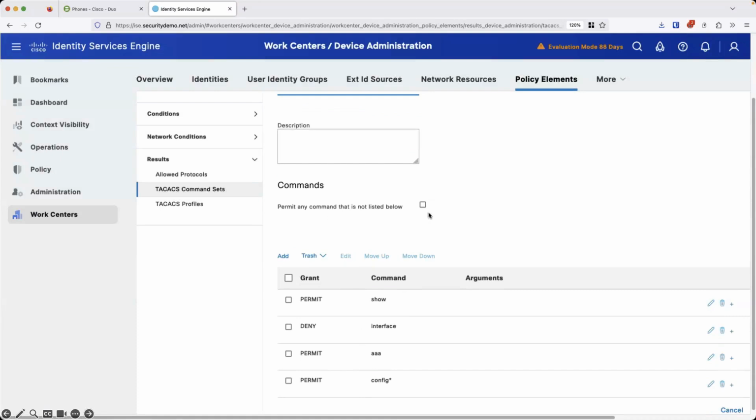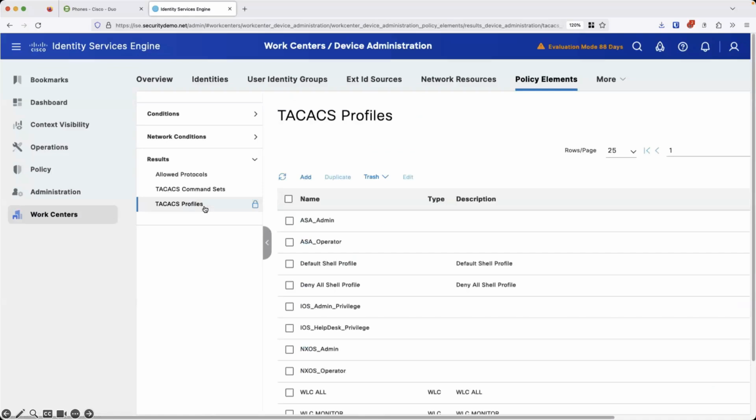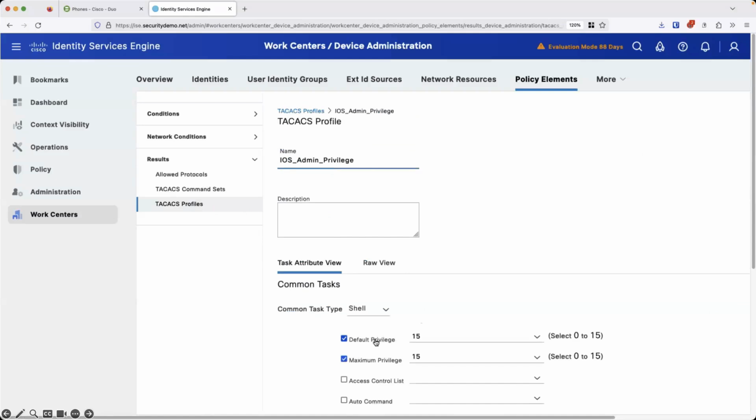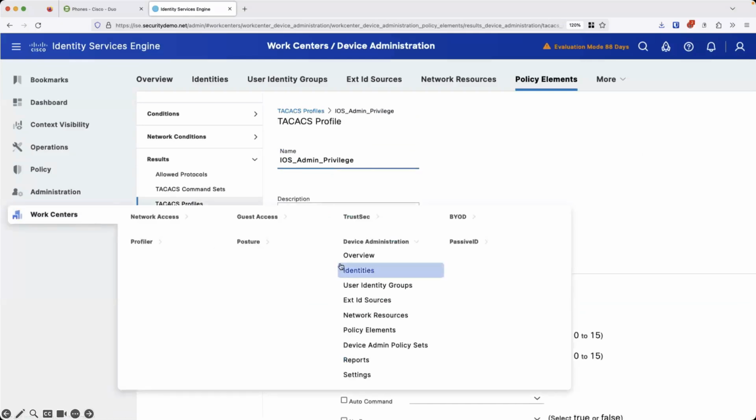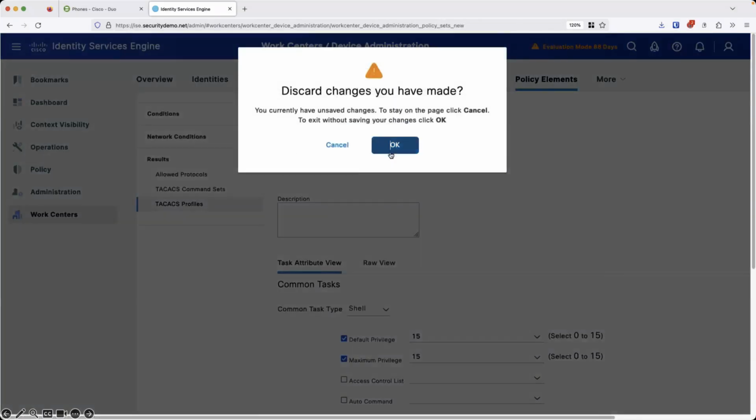You can get really complicated. And you even have the option to say, if I don't list it, just let everything go, right? So these are the basic options. And you can control these different profiles for what IOS privilege level they're going to get when they do log in. So in this case, we're just going to assign the user to a default privilege level 15 when they have access. And if we look at our existing policy sets,